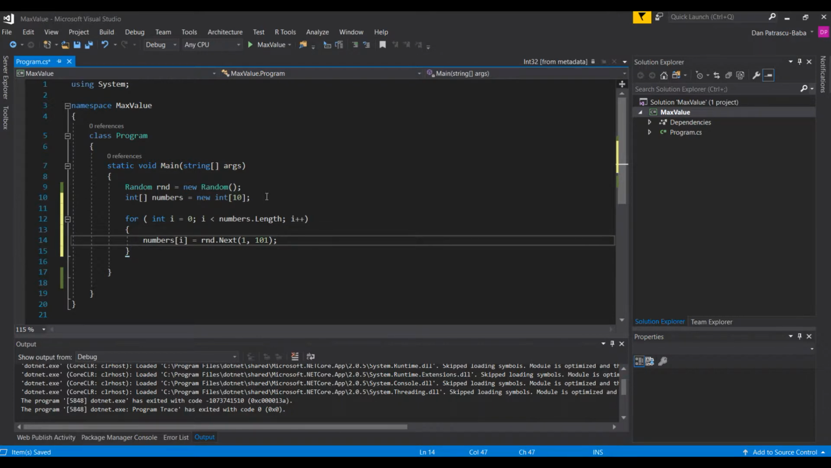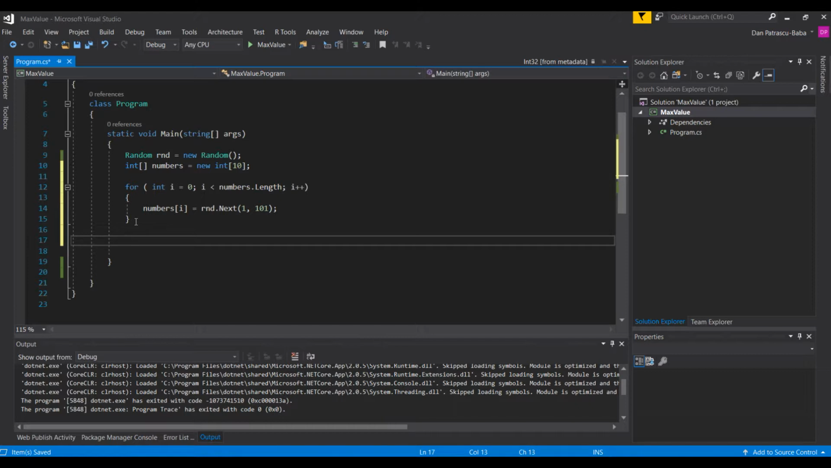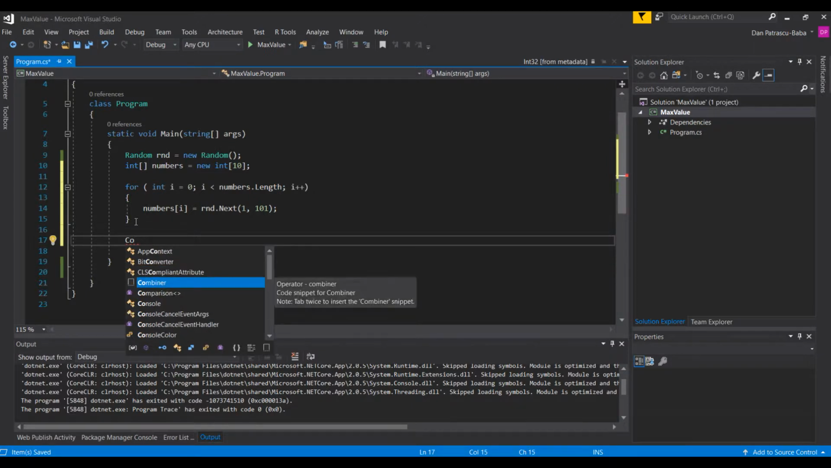Good. Now basically after we go through this for loop, what we will have is an array of numbers, and for each index of the array we have a random number. To make it look a little bit more fancy, let's try to print this array on the console. So let's do a